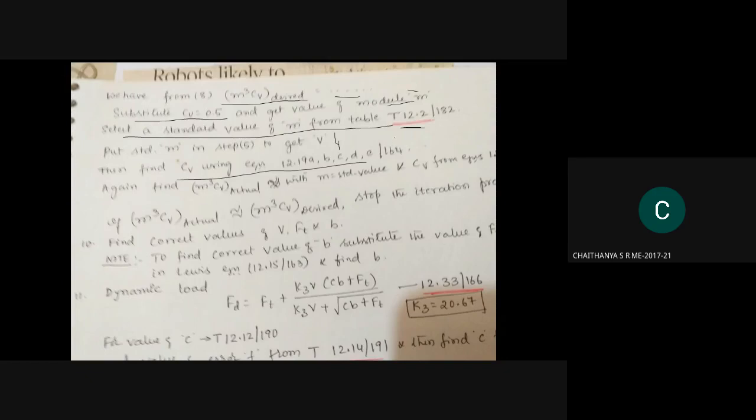12.6 A, B, C, D, E, sir. What is A, Chaitanya? 3.05 divided by 3.05 plus Vm, correct? That is up to 8 meters per second. Am I correct? On the left hand side, look at the description. Yes, sir. Up to a surface velocity of 8 meters per second or so.